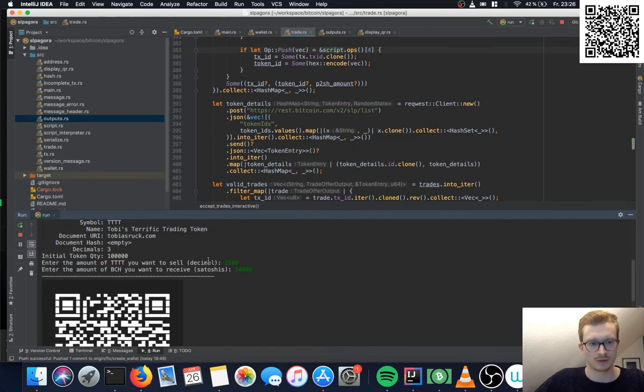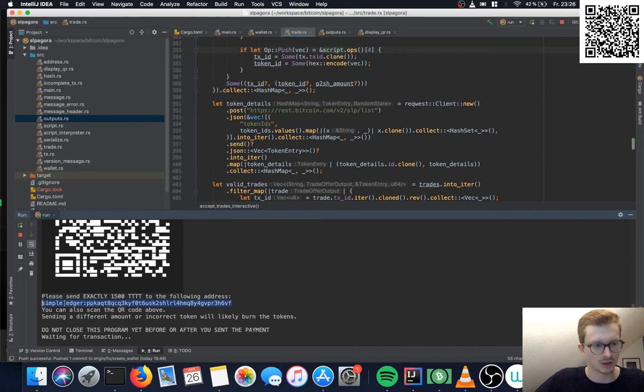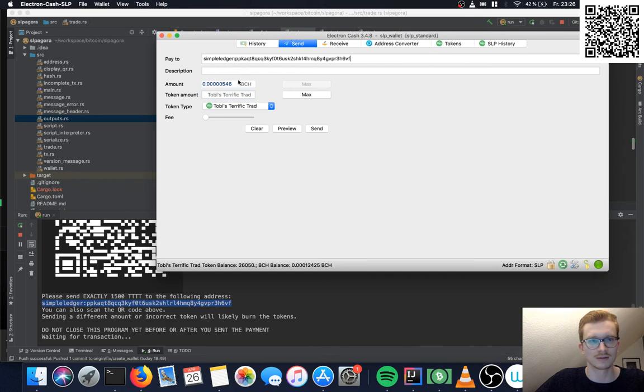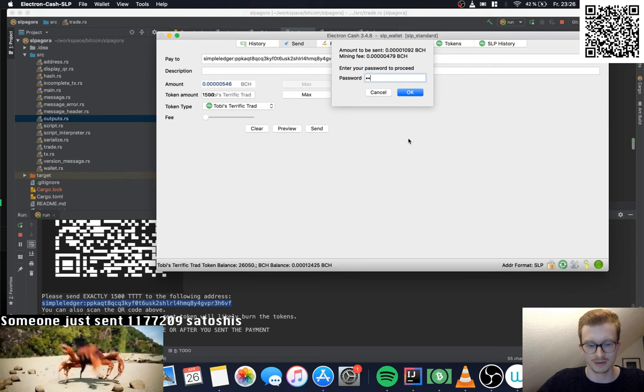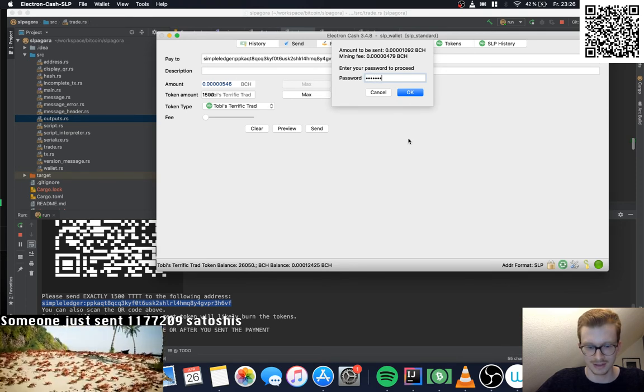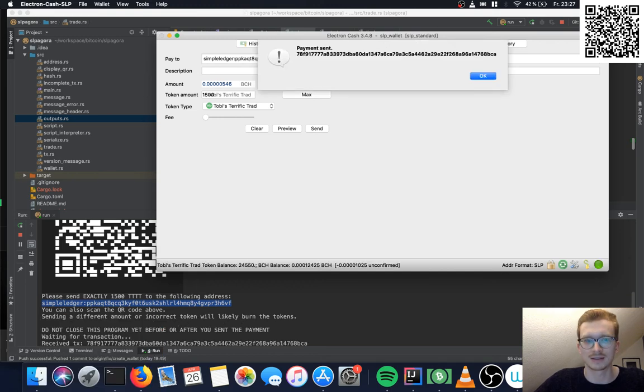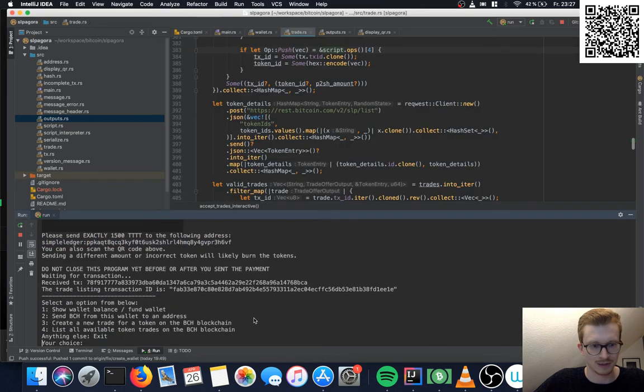So we sell 1,500 TTT, and we want to receive 50,000 satoshis in Bitcoin Cash, and we'll send to the smart contract address exactly 1,500 TTT. Send, enter my password. And payment sent.